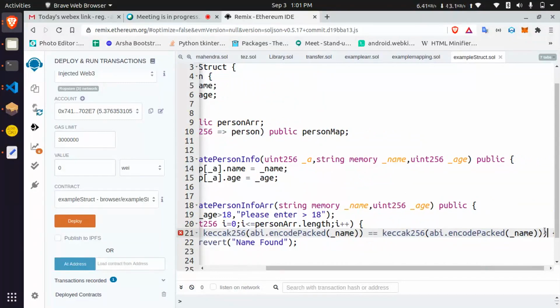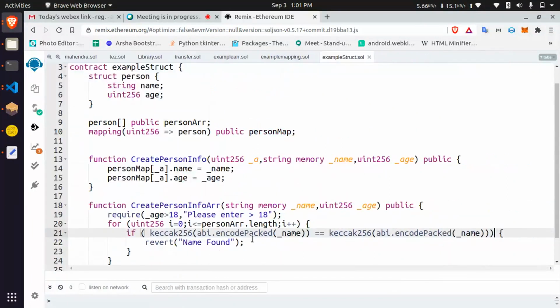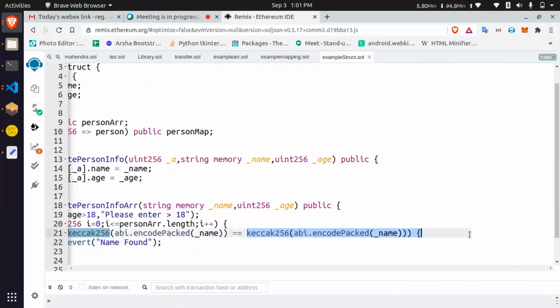Yeah. What I am doing here is let me explain. Sorry. Yes or no, the library does not support equal for dynamic string length. So I am converting that string into bytes, and then I am converting the bytes into keccak256. Keccak256 will give an output of 32 bytes, fixed length. And also this will do keccak256 conversion.